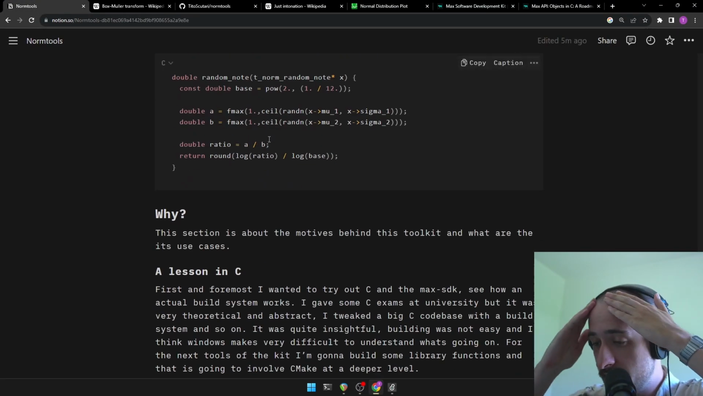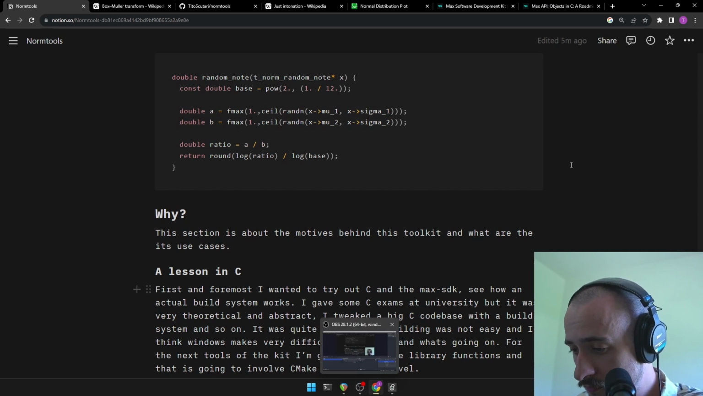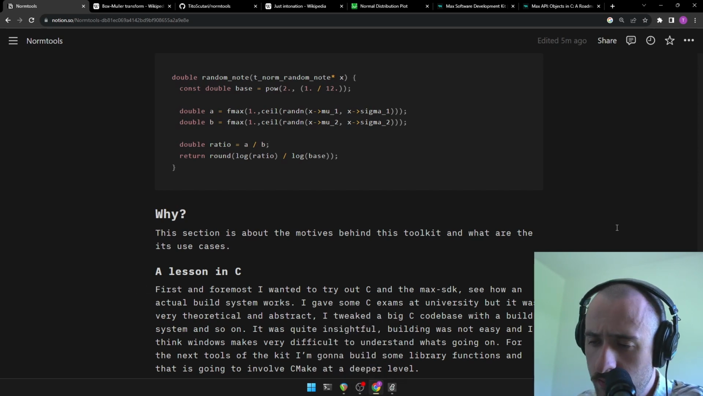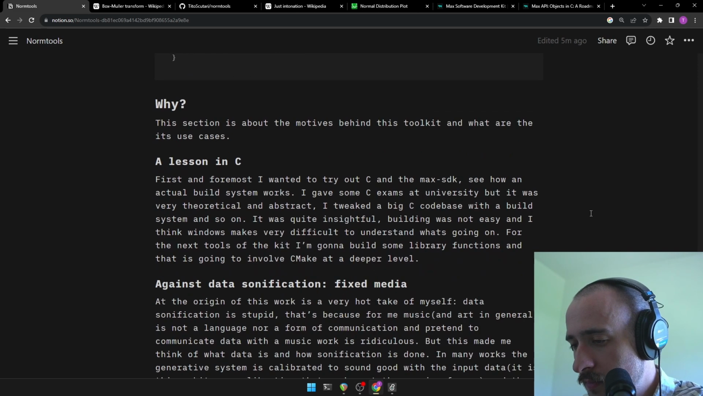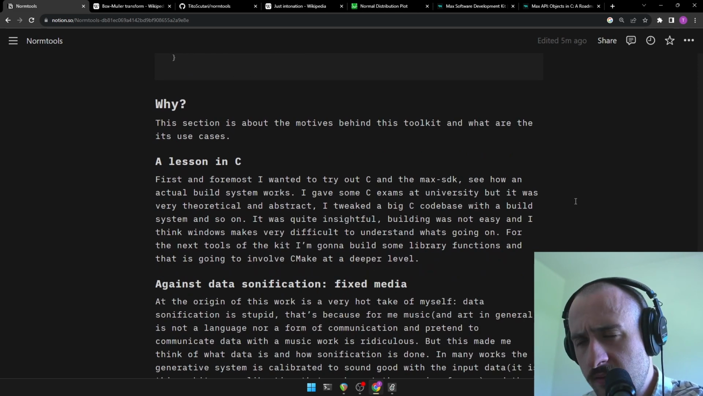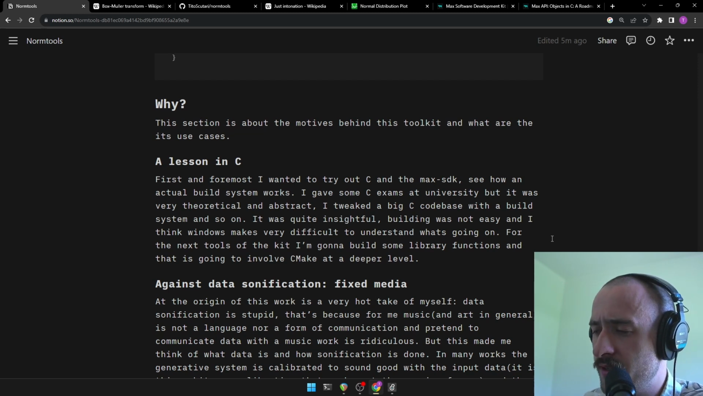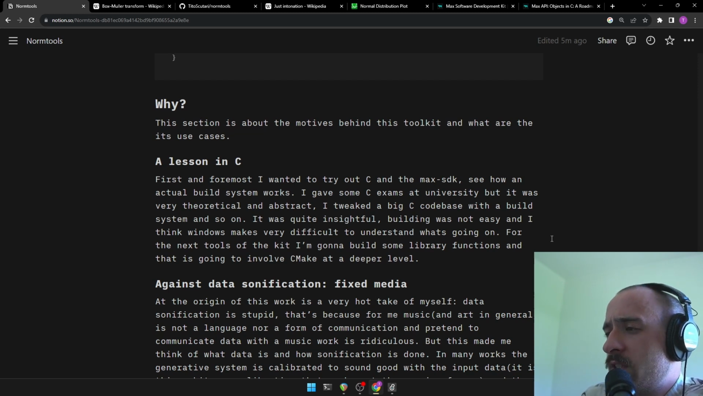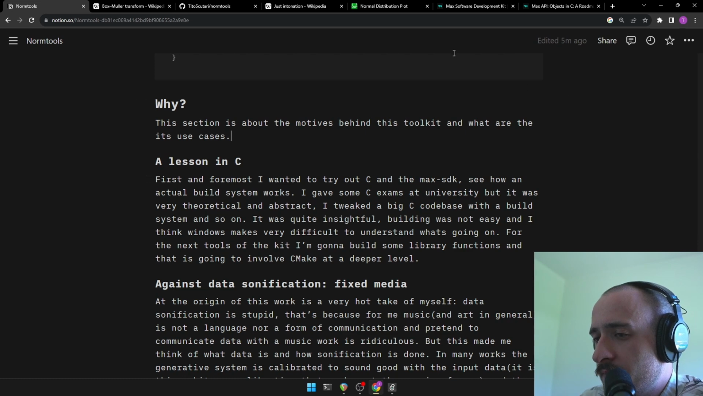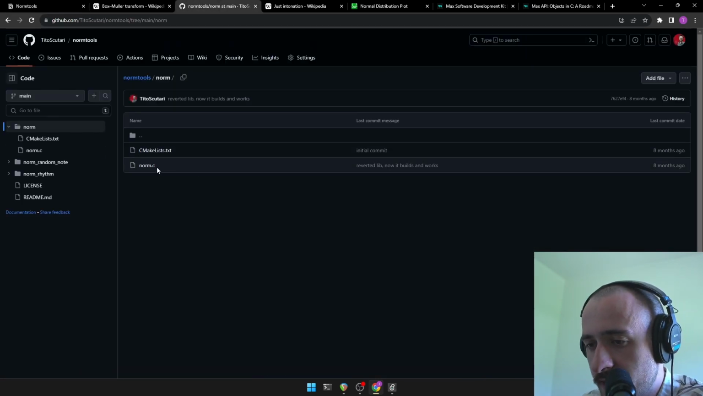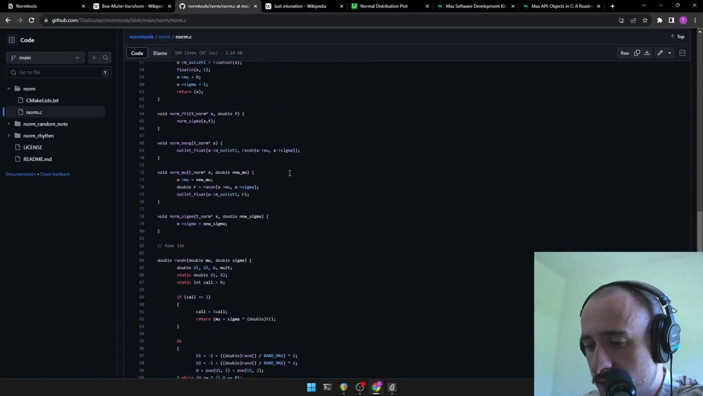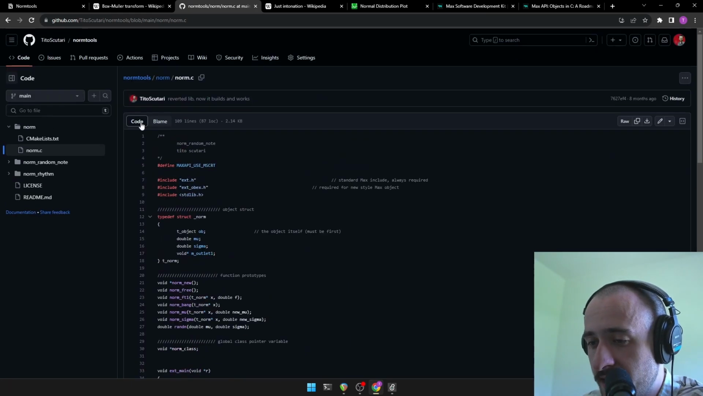Why did I do all this? Well, first of all, I wanted to try out the Max SDK, and it was difficult at first, mainly because of the build system. The C code is not that hard. We can see a bit of it. Like this one is one component. They give you an empty one,